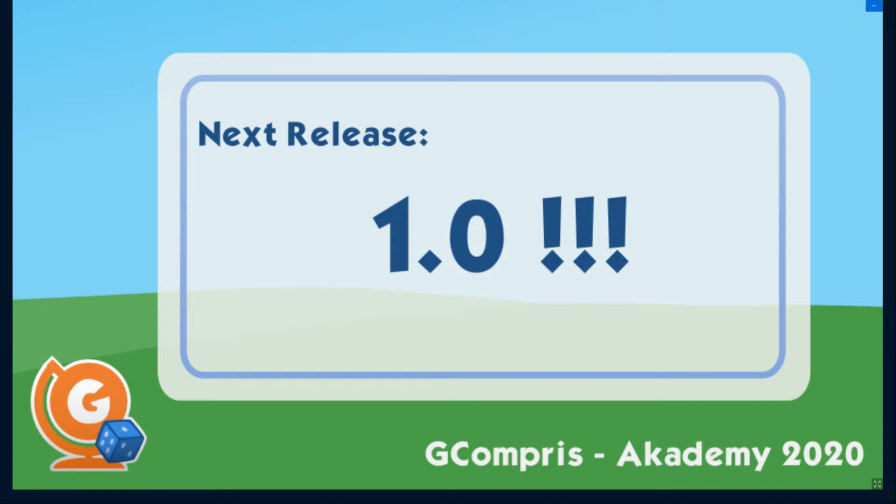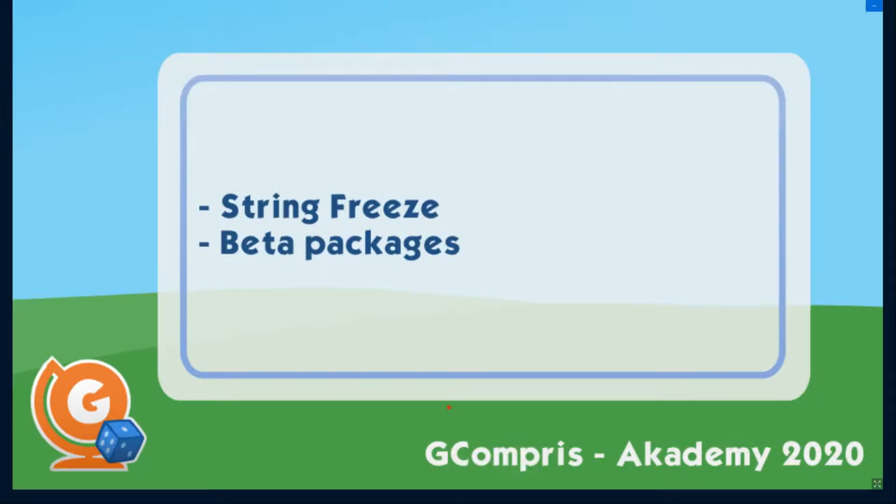So for the improvements in the next release, I will say after, but first the release planning. We want to do string freeze in about a week, so on September 14th, and I will provide beta packages for the translators to test or to check the context. We will do string freeze for, we think, 2 months, which is a bit long,